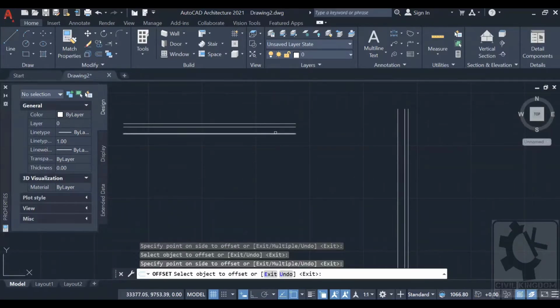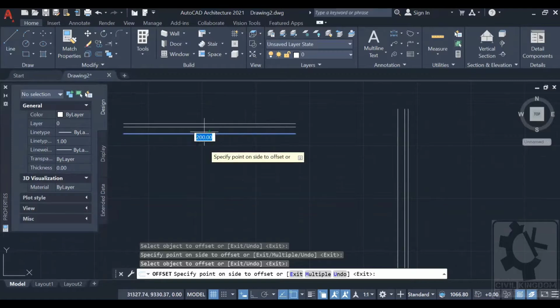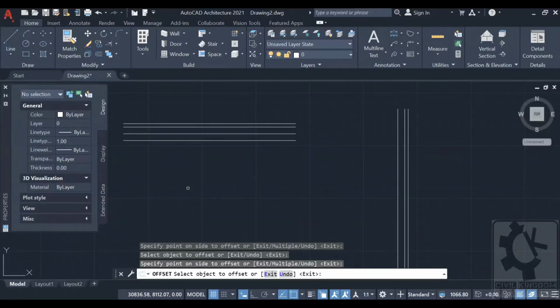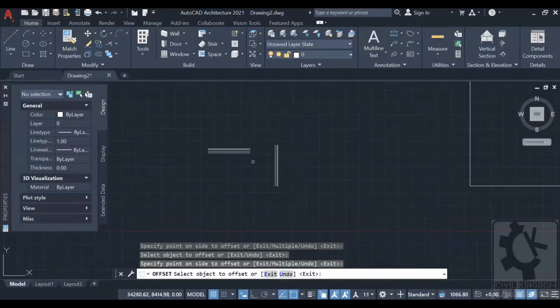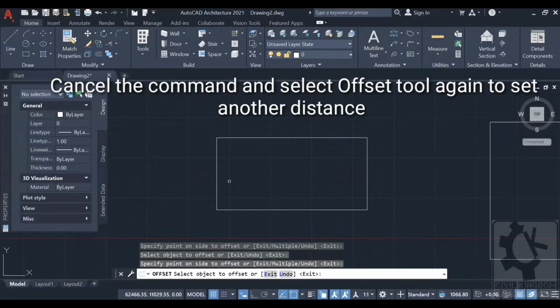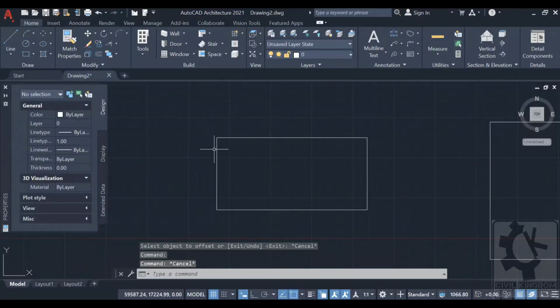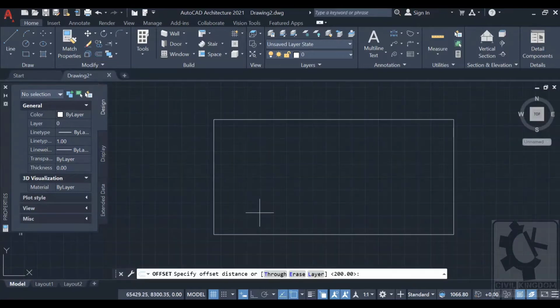Left click, give your direction, again left click to set the offset. Suppose you want an offset of this rectangle. Say you want a wall thickness of 250 mm.